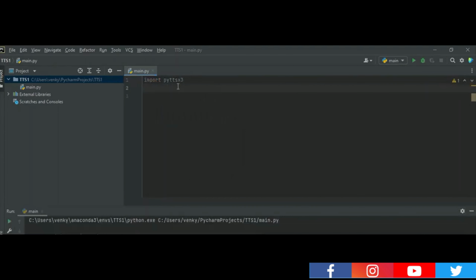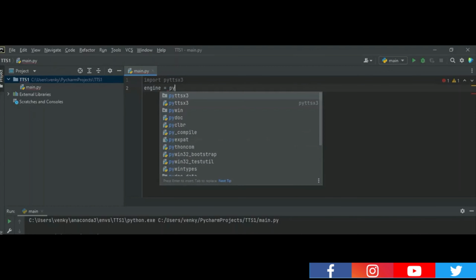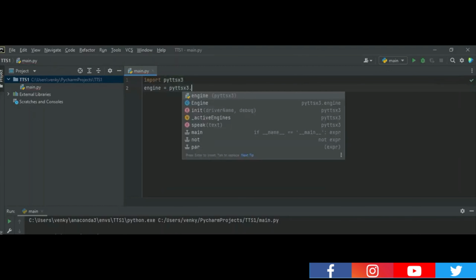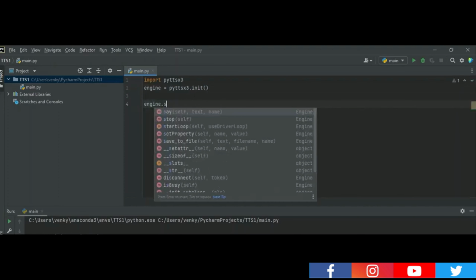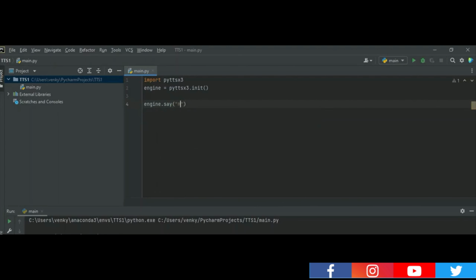So the next line would be engine. So here I'm using engine because this will be declared as a variable also. It doesn't matter whatever you use. Like I'll proceed with engine for this video now. Engine equals to pyttsx3.init, and then I would like my engine to say that hi PrequelCoding.in